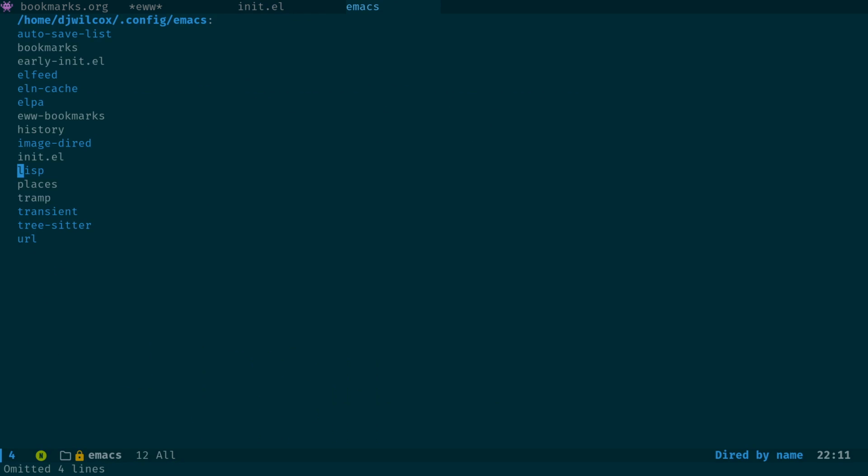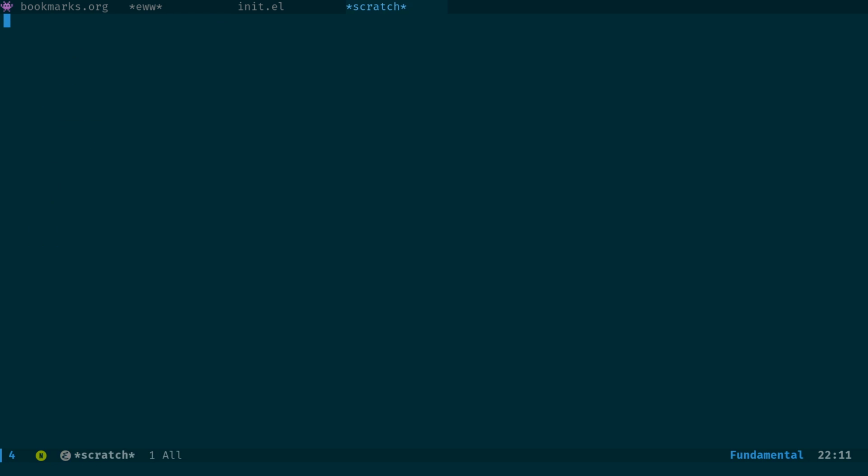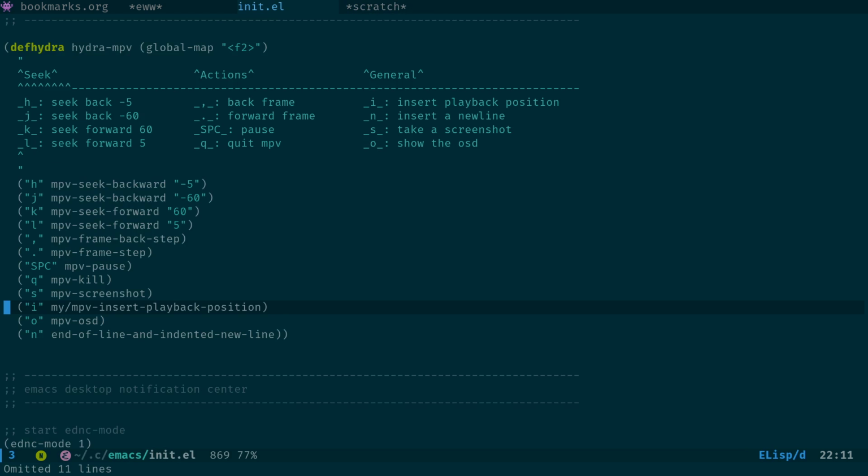Let's have a look in here. I don't see anything. eww bookmarks, tramp, URLs, cache, cookies. No. I think what it must be doing is just sending the URLs over to